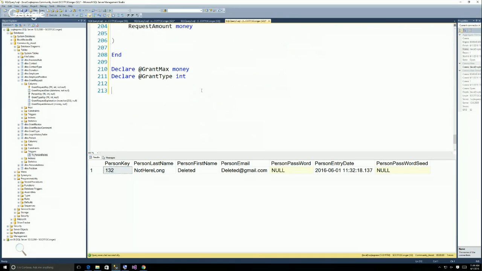So I've got these two variables, and what I want to do is select @grant_type equals grant type key from inserted. All right, because this is happening on insert, and inserted is like deleted. It's a temp table that exists for insertions. So we're going to get the grant type key from that, and then we're going to